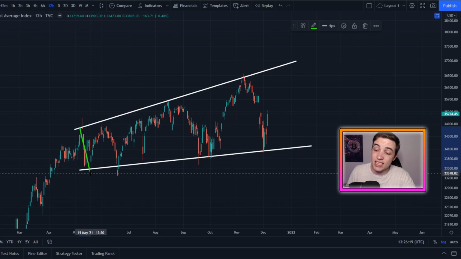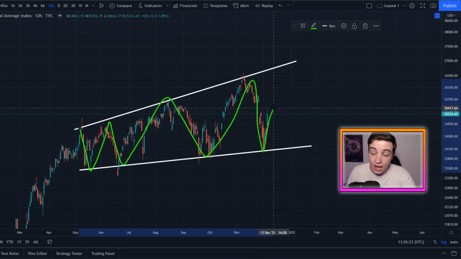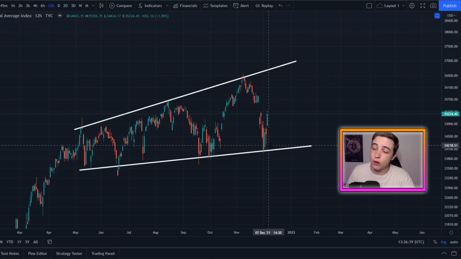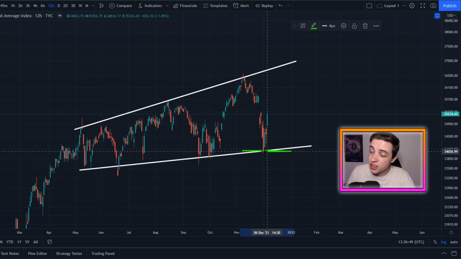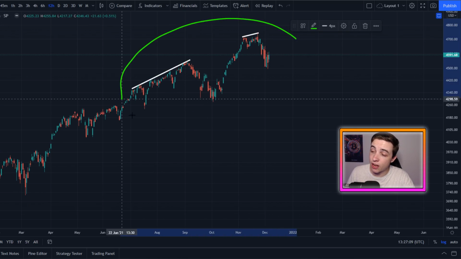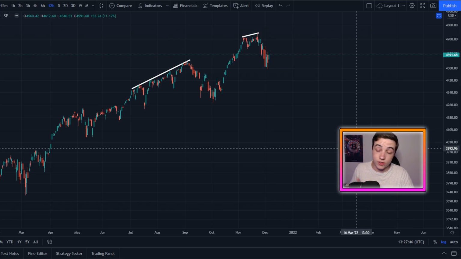But with that being said, the Dow Jones is currently forming an ascending broadening wedge pattern, which is technically a bearish pattern. But as for most bearish patterns out there, we don't really flip bearish until we finally break below this support, which by the way is coming in at around 34,000 on the Dow Jones. But looking at the Nasdaq and also looking at the S&P 500, we are not seeing the same ascending broadening wedge pattern as we are seeing on the Dow Jones, which is good news for the S&P 500, for the Nasdaq, and for the crypto markets.